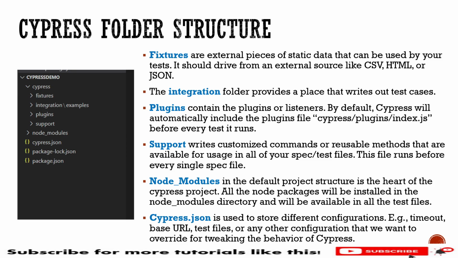So under the project we have different folders. This is the folder of the project, in the left section you can see on the image. Under that you have Cypress. Under that Cypress you have four folders: fixtures, integration, plugins, and support. These play different functionalities. So we'll discuss what fixtures are.